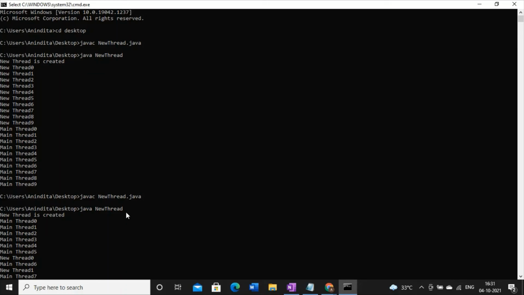So how to set priority on the thread? Using the setPriority method. The priority can be assigned to a thread from 1 to 10. 1 means highest priority, 10 means lowest priority. If we forget to assign priority, the default priority of a thread is 5, right? So on the basis of priority, the Solaris system will execute the threads.